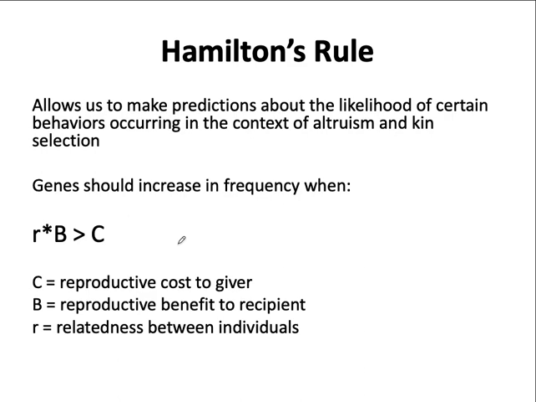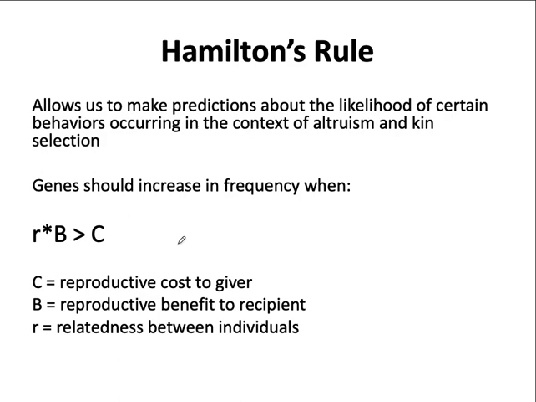Kin selection is the most powerful explanation for altruistic behaviors among related individuals, right? Individual A helps individual B, at a cost to individual A but the benefit of individual B. And through the benefits to individual A in terms of inclusive fitness, those altruistic behaviors might be expected to evolve. Okay, so that makes sense in the context of individuals that are related. They share genes, they share fitness outcomes.